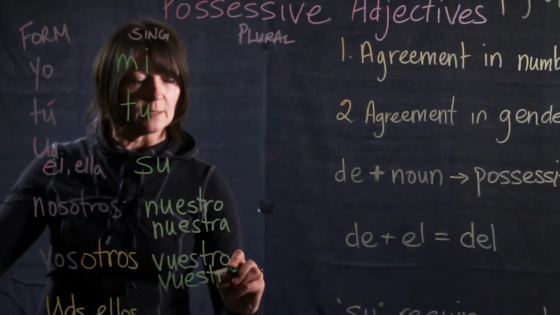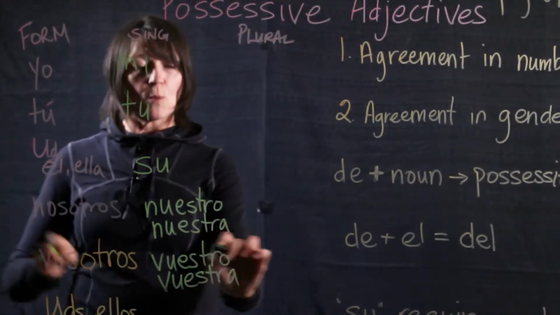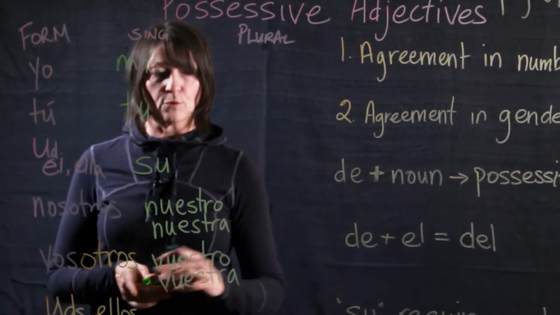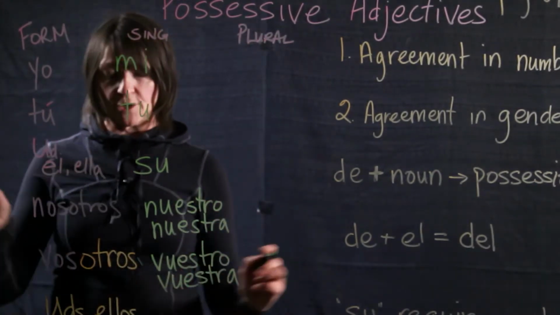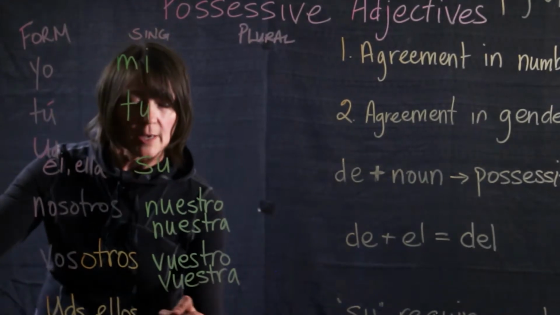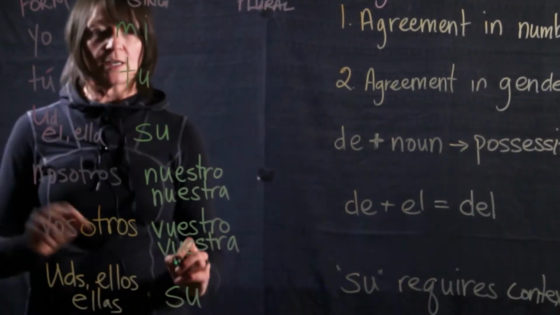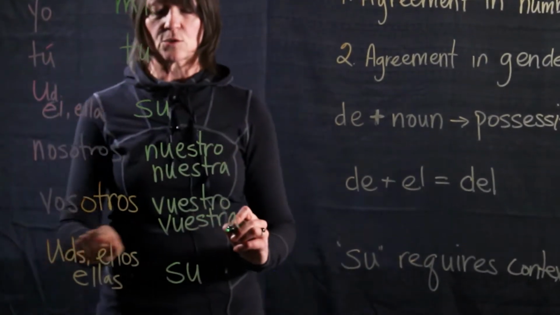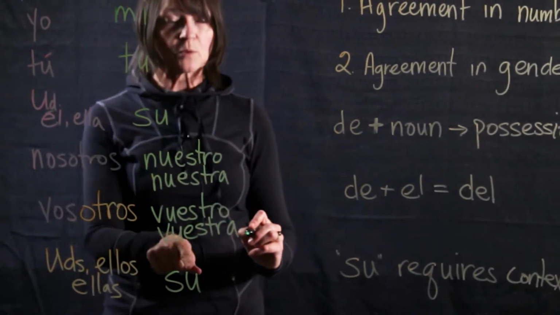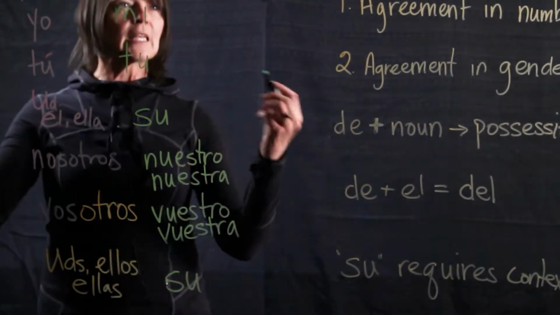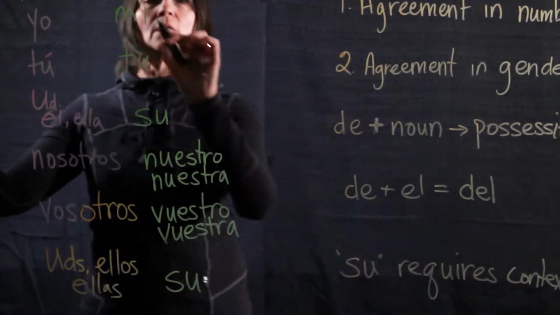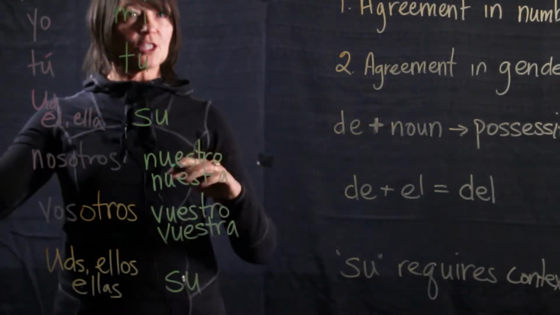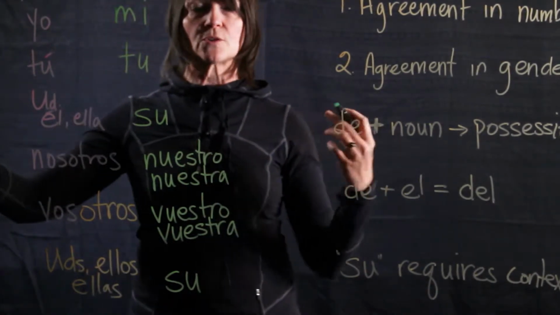those two are always similar. Okay, vuestro, vuestra, two forms. These agree in gender. We'll talk about that in a second. Okay, and then down here we have su again. So su for usted, ella, su for ustedes, ellos, ellas. This would be their, okay, like their book, their house. Okay, now these are the singular forms, but just like everything else in Spanish, we know there's this agreement in